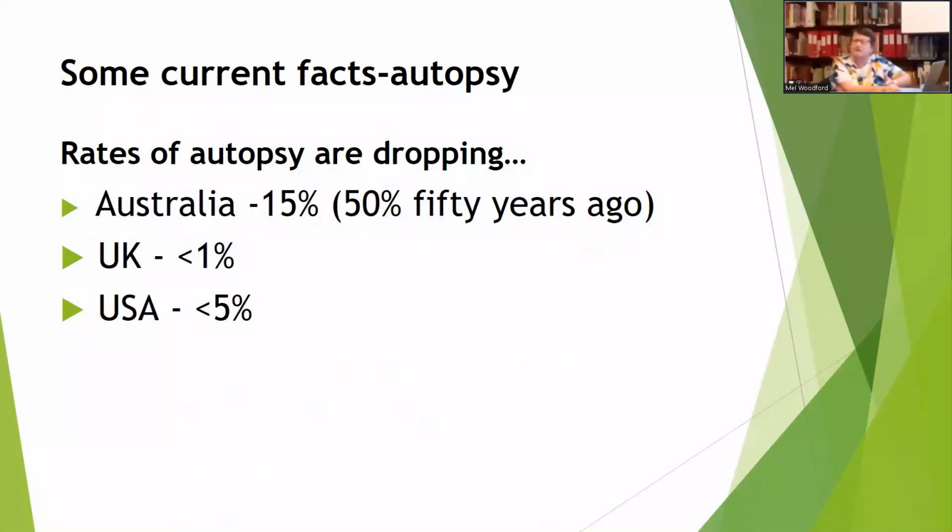The rates of autopsy are dropping. 50 years ago in Australia, about 50% of deaths were actually autopsied, but that rate has dropped to 15%. In the UK and the US, it's an even smaller percentage. It's felt that because so many people have a lot of medical intervention towards the end, particularly with doctor's visits and pathology and radiology, an autopsy doesn't add much value to the doctor being able to certify the actual cause of death. So the rates are dropping.